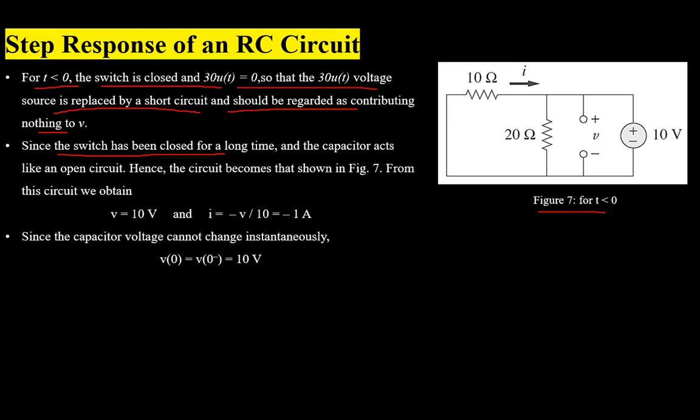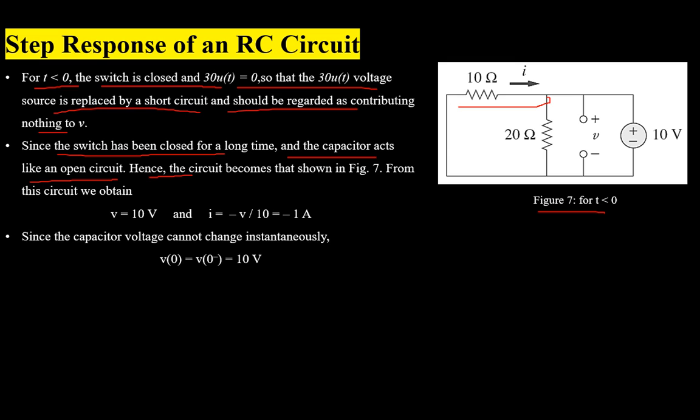As per statement of the example, the switch was closed for a long time, so the capacitor is initially charged and will act as an open circuit for DC independent source. Now from figure 7, the voltage V will be equal to 10 volts and the current I passing through 10 ohm resistor will be equal to negative of voltage V divided by 10 and will have value of minus 1